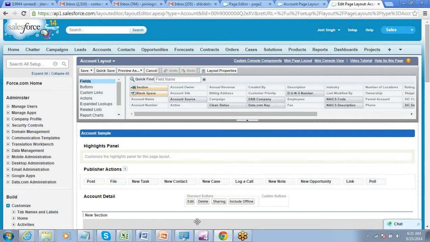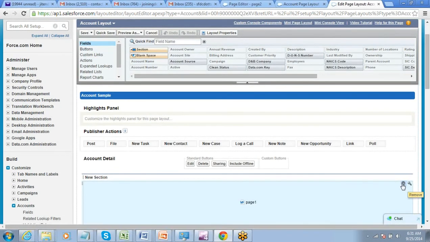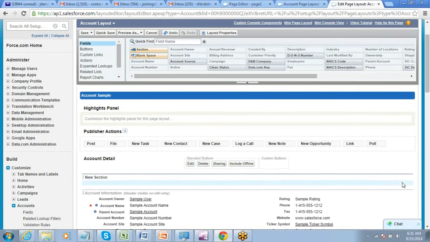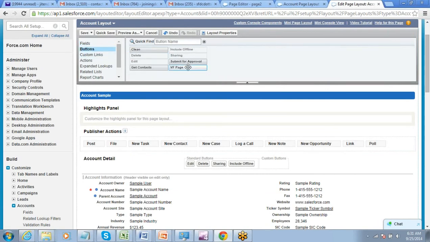And from there, I'm removing the section that we included earlier, and we will include the button here, the Visualforce page button. Just drag and put it here. Okay. Now this button can take you to the Visualforce page. So save it.